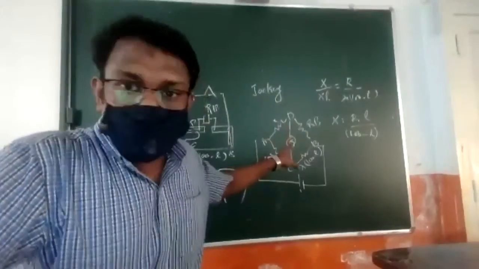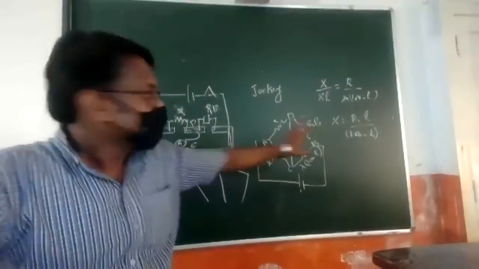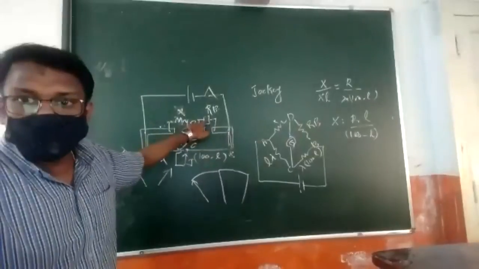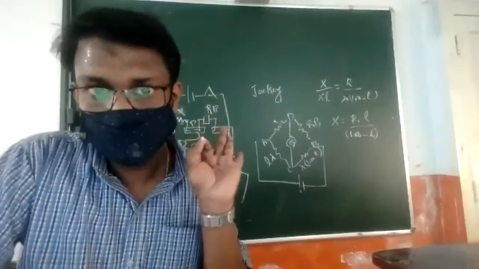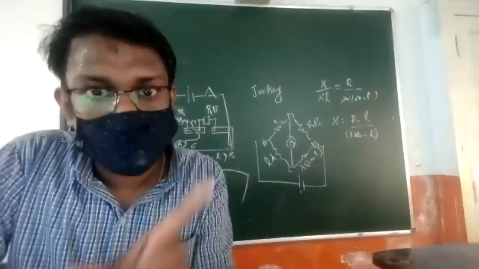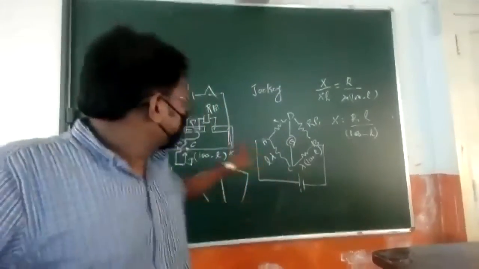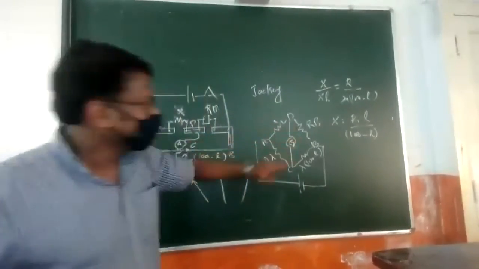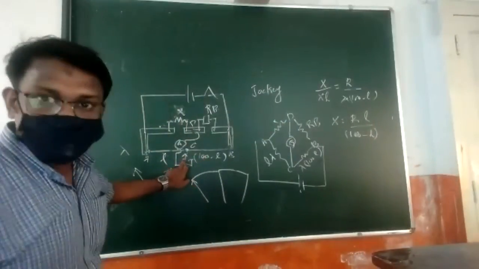This is the equation that you use for finding the value of the unknown resistance. From the resistance box, you can decide the value to be taken out. Suppose you require 5 ohm, that can be taken out, so the resistance box will be 5 ohm. And according to that resistance, you adjust the length.